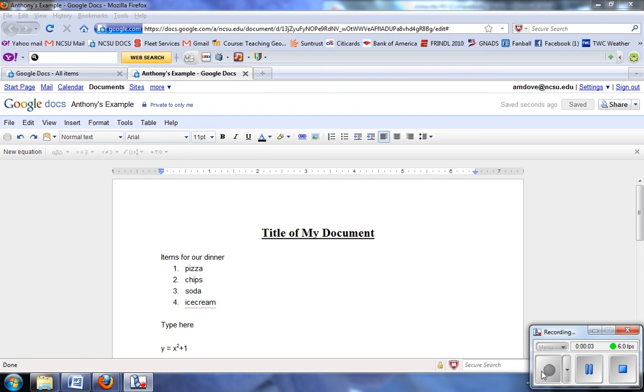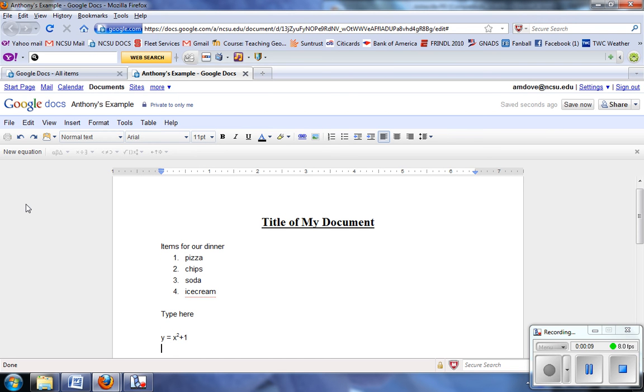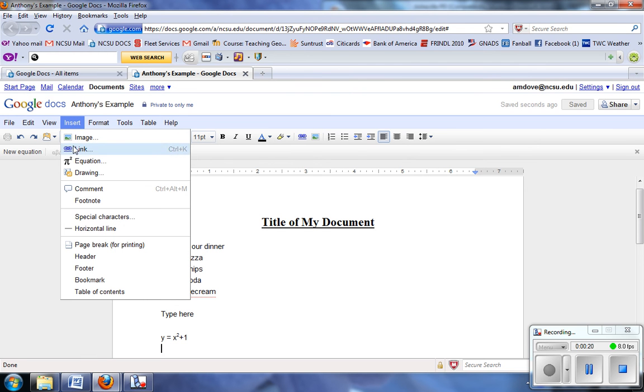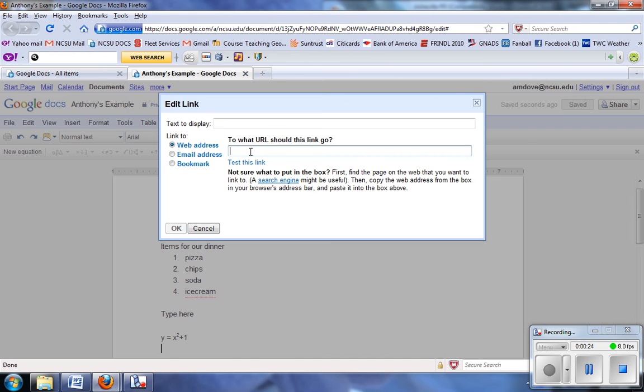Google Documents also have several different options with the insertions. One thing I can insert is a hyperlink. So maybe I want to go to, say, Yahoo. I could either write out the word Yahoo here and then hyperlink it, or I can go to insert link, or even click on the little chain link right here and type in